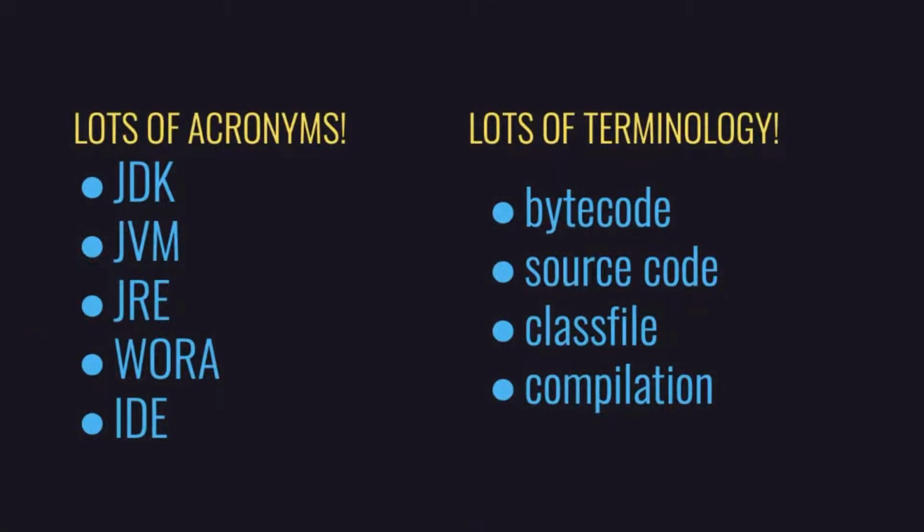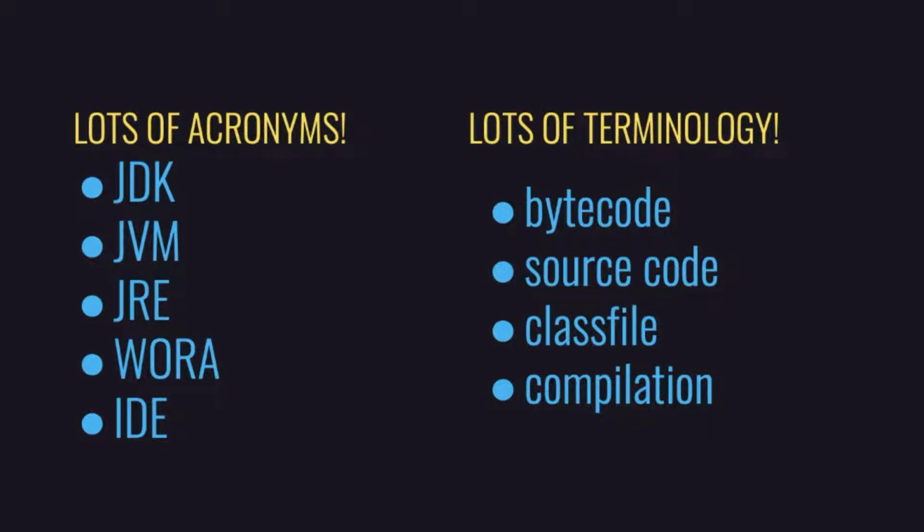Now, before we start, I just have to give you a quick word of warning about Java. In Java, just like any form of technology or programming, it's not specific to Java, with anything to do with IT, there are always going to be lots of acronyms, which are abbreviations for things. You're going to hear things like JDK, JVM, JRE. Don't worry about that, we're going to define those shortly. It's just a word of warning about that.